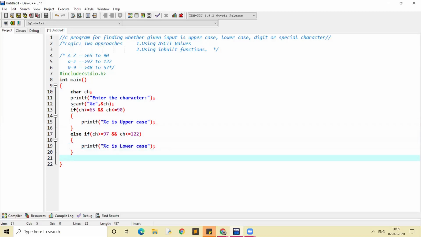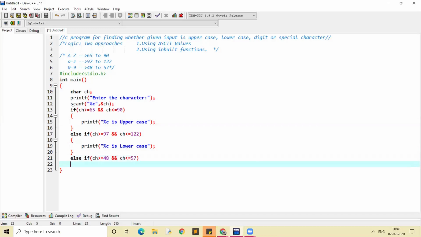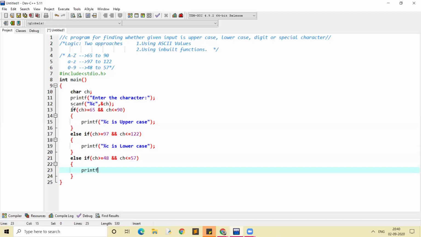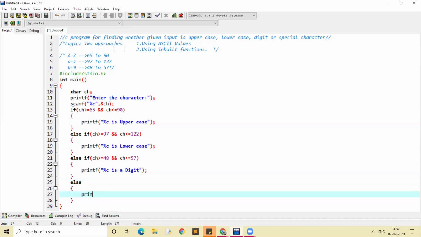Now we have to give for digits. Else if ch greater than or equal to 48 and ch less than or equal to 57, we will print %c is a digit. Or else we can print that %c is a special character. Printf %c is a special character.